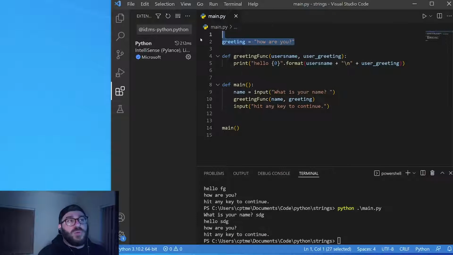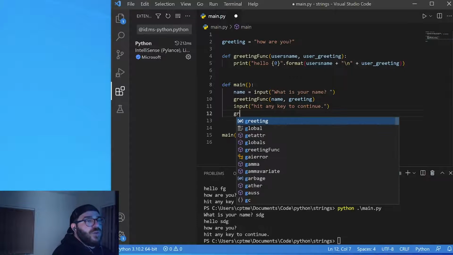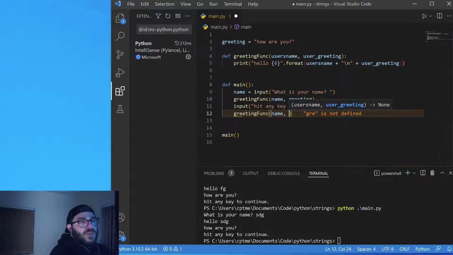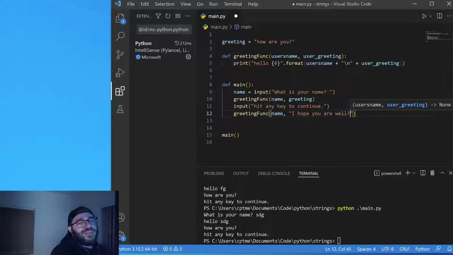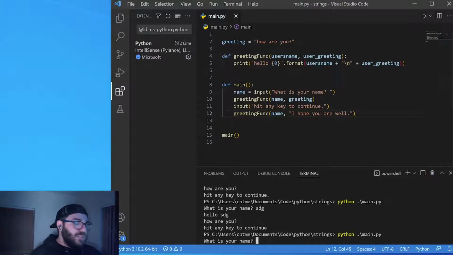We have our global space of declaring a variable, and the reason that would be valuable is, let's say we wanted to change that greeting. Let's say that we call the greeting function again, and we pass in the name that we prompted. Now when we call this, we'll prompt a name,